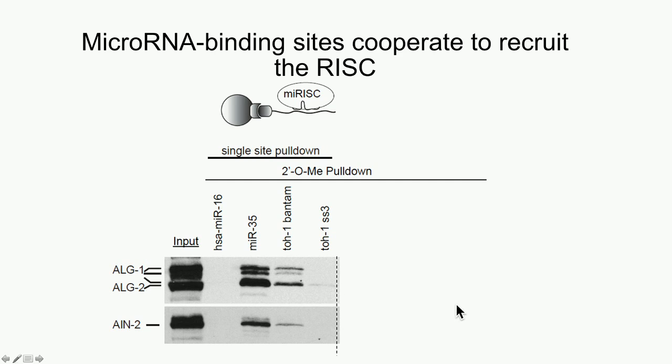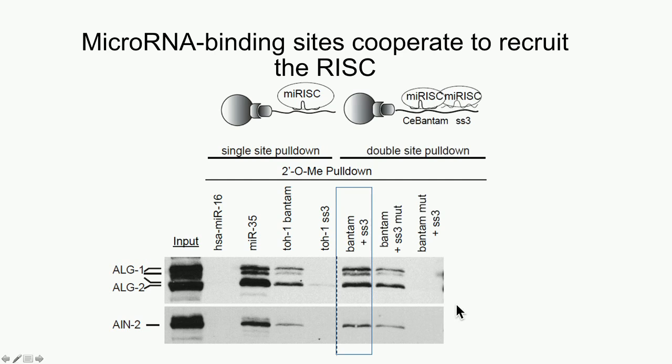When we combine the 2 sites together in the same RNA, what we observe is that we had an increase of Argonaute being pulled down, and we can then mutate this seedless site, where we see a reduction. And then if we mutated the bantam site, we lost all pull down of the Argonaute. So this suggests that